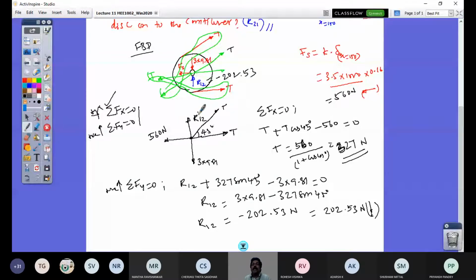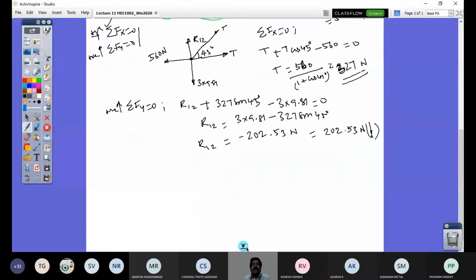What would be that in the rail? So the force exerted by the disc on the rail is asked. So I should draw now the cantilever with that rail. So this is the cantilever. This one is the cantilever with the slot. I just draw the slot. So this is the cantilever that we have been looking at in the system, right?